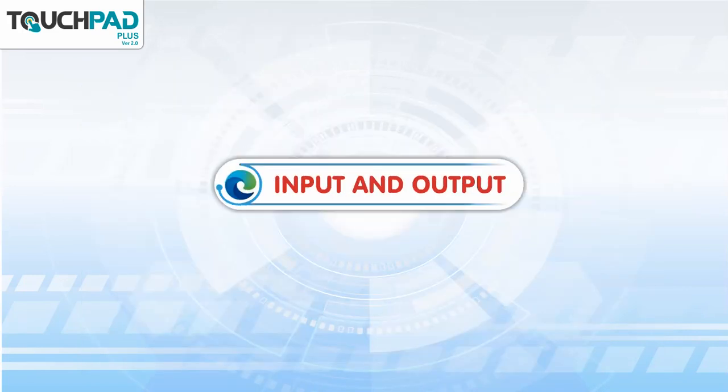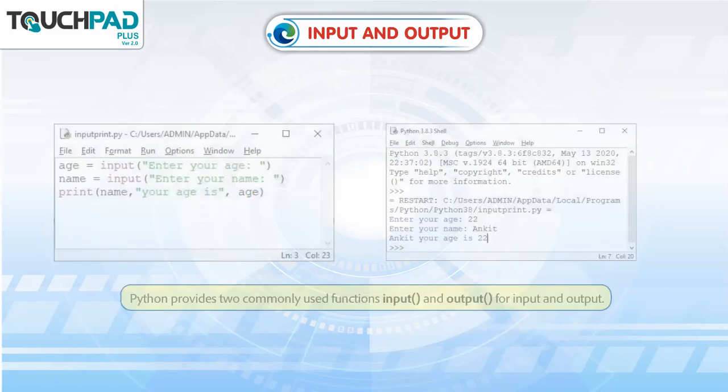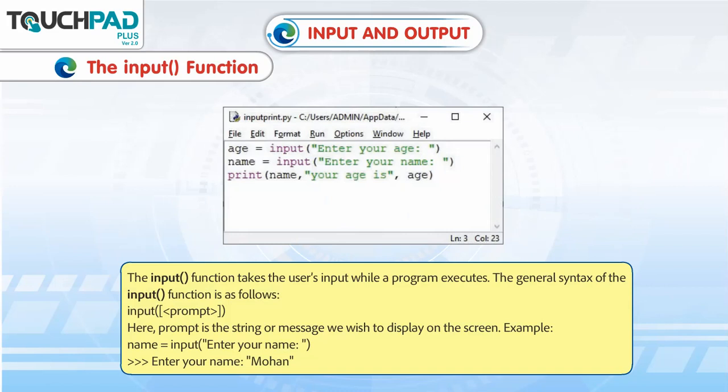Input and output. Python provides 2 commonly used functions, input and print, for input and output. The input function takes the user's input while a program executes. The general syntax of the input function is as follows. Here, prompt is the string or message we wish to display on the screen. Example: